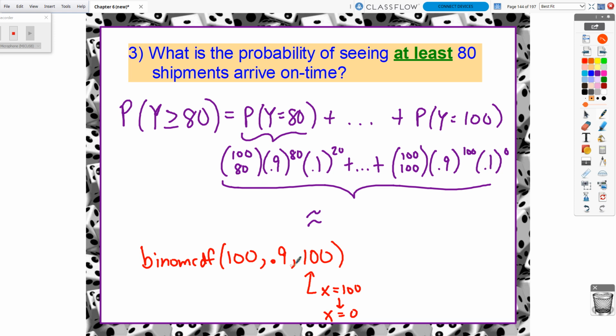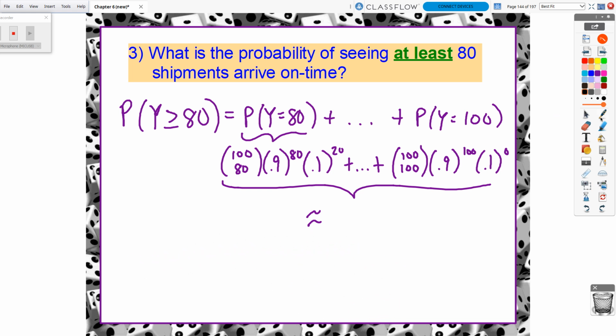Well, here's what we have to consider: the complement rule. If I typed this into my calculator, it's going to give me 1, or 100%, because this is hitting every scenario from 100 successes all the way down to 0 successes. So I don't really need to write this out specifically, because this represents all scenarios. The complement rule was we want to take 1 minus the scenarios we don't want to see happen, which will go down to 0. So if I take 1 minus